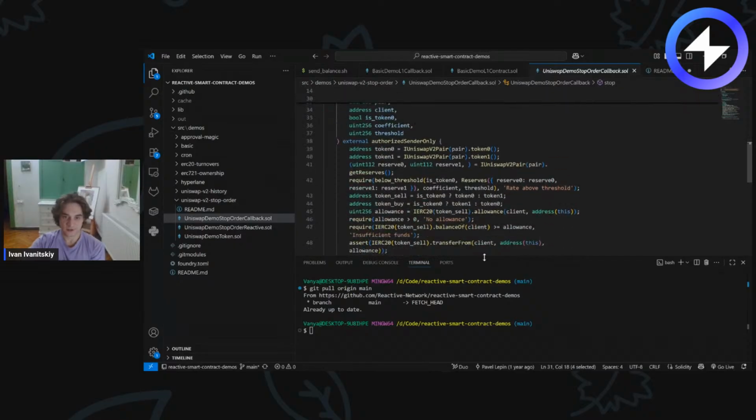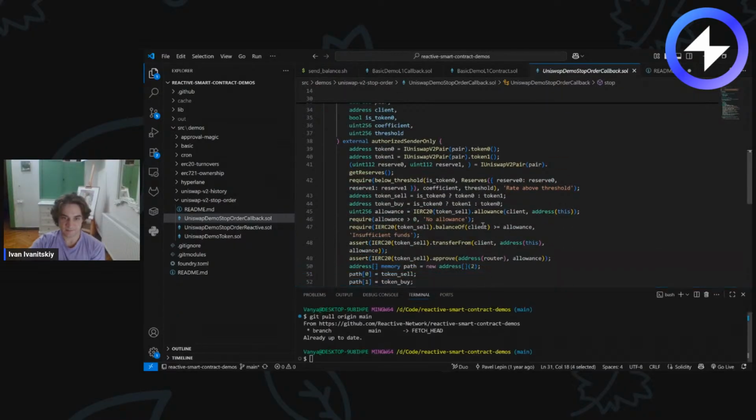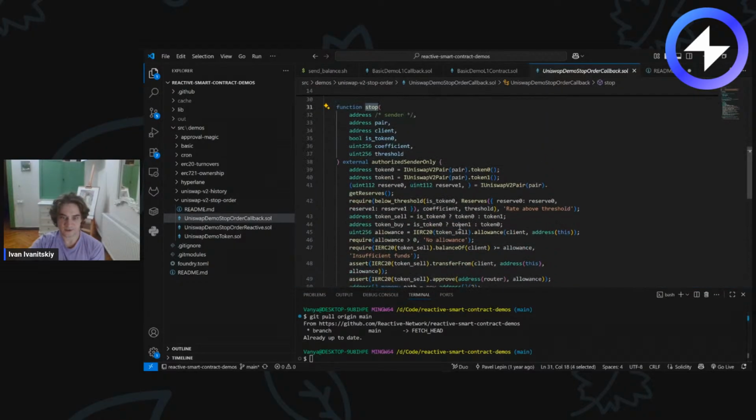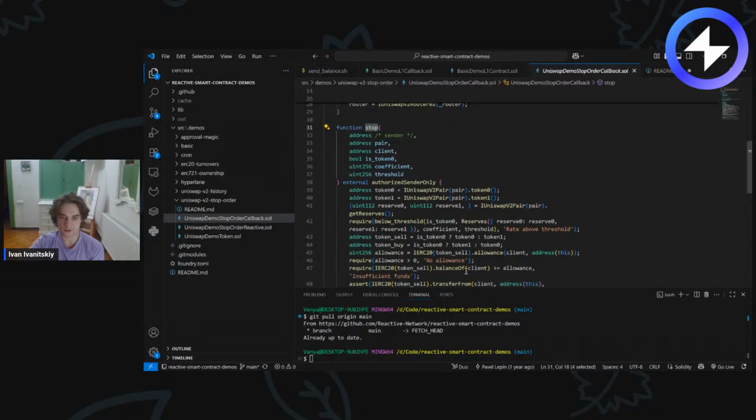So this function here might look a bit big and complicated, but as a matter of fact, it's not, because it's just all simple checks, right? First of all, we receive all the values that I was talking about before. As you can see here, the first value is not used because in that particular example it simplifies and does not have authorization, right? Then